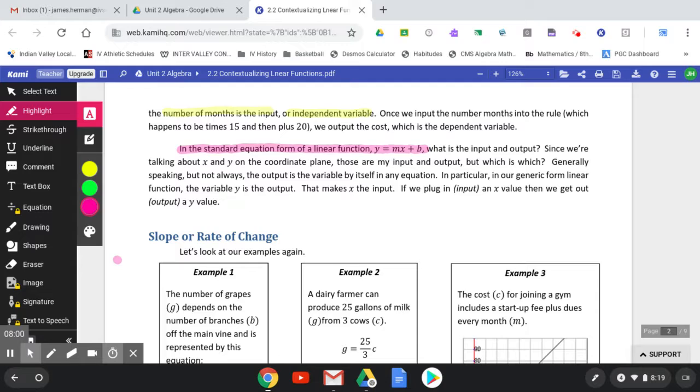Now, this right here that I just highlighted in pink, we called it standard form. It is not standard form for a linear function. And what I'm about to say is very confusing, because later in the year, we're going to talk about polynomials, get your terms lined up, make them high to low. That's standard form for